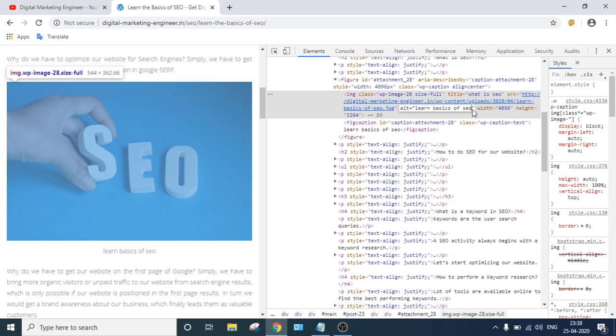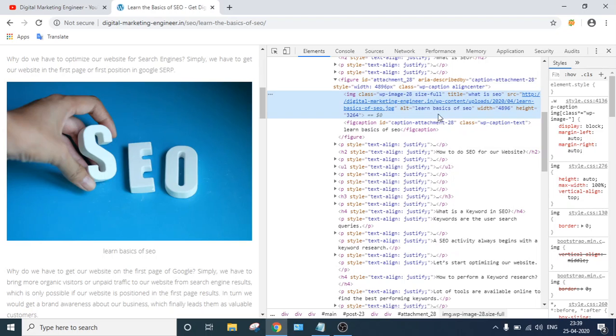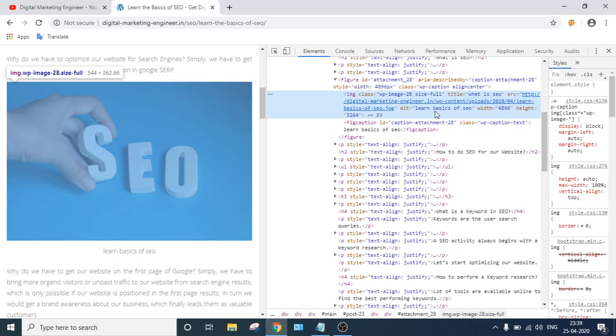It is used to describe the images to search engines. So how do I describe? I use the keywords. This alt tag is very much important in on-page optimization. It improves the SEO ranking of a website. So always use keywords in the alt tag. If you want to improve your ranking, use keywords.